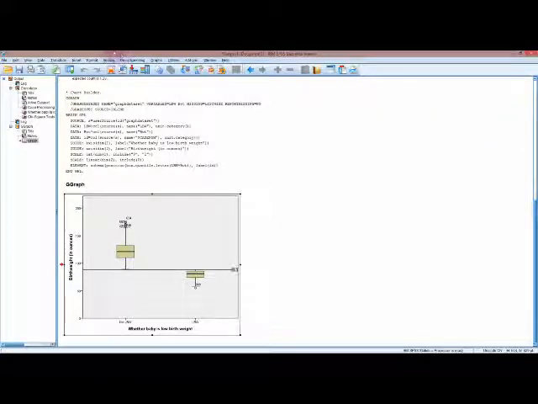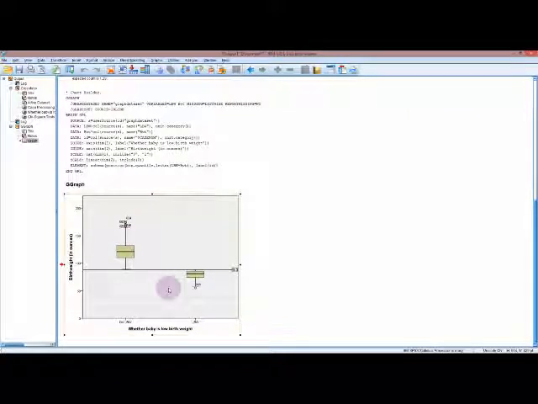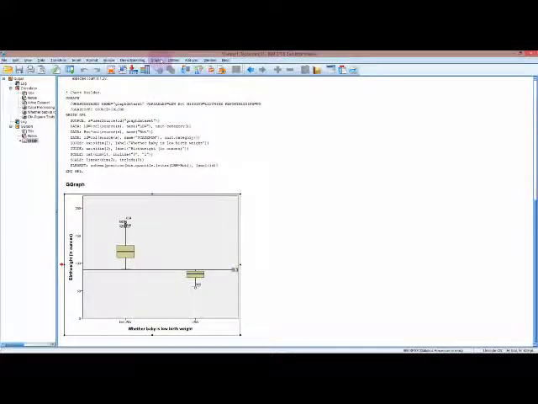Next, we're going to have a look at whether or not the babies were low birth weight or not low birth weight by the race of the mother, and eventually we'll be interested in doing a chi-squared test of association or independence to see if there seems to be any link between race and low birth weight. If we just look at this graphically first and go to graphs, we can have a look at these two variables